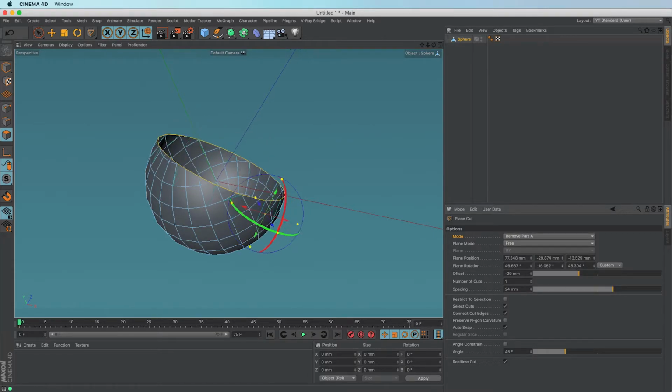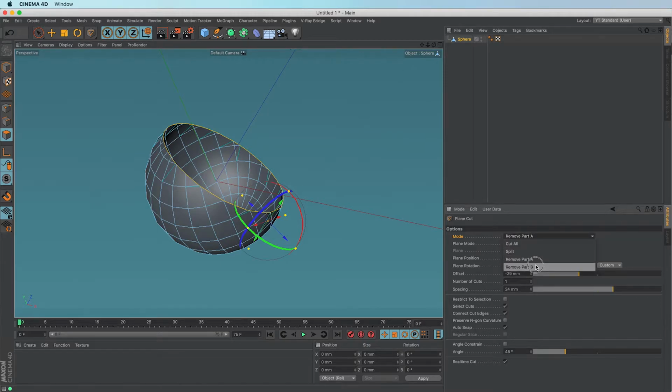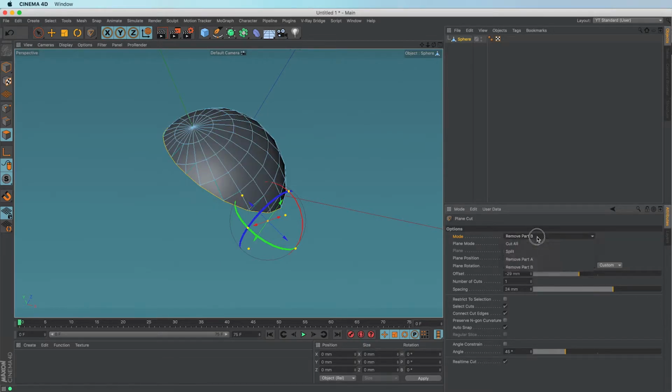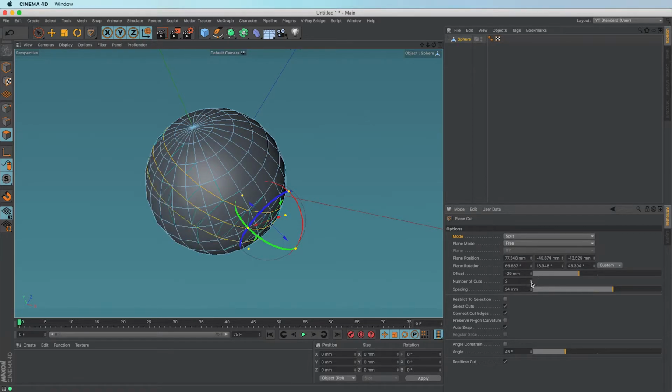And these controls, again, are all active and live while this is going on, so you can do some pretty amazing editing using this function, which is, I think, very clever. Anyway, another good one is split. So if we pump up our number of pieces again, if you like, this looks the same as cut all. If you go to cut all, it doesn't look as though anything different's happening, but if you hit split and